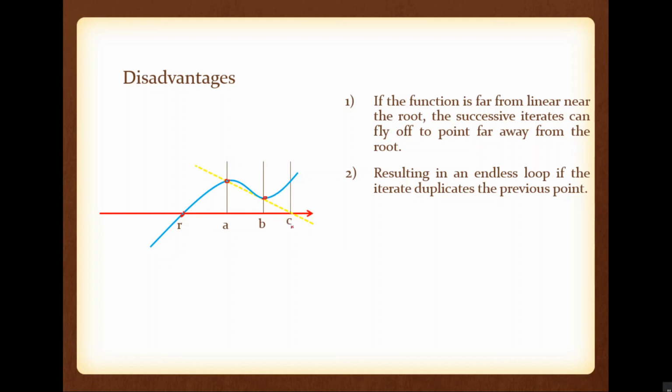You can see that C, the new value, is deviating away from R. And one more problem is there. After finding C, we take this B as A for the next iteration and this value as B. Now this is A, this is B. What about f of A and f of B? You can see that the magnitude of f of B is not less than that of f of A. So we have to swap these two. Swapping means this term will become B, this term will become A.